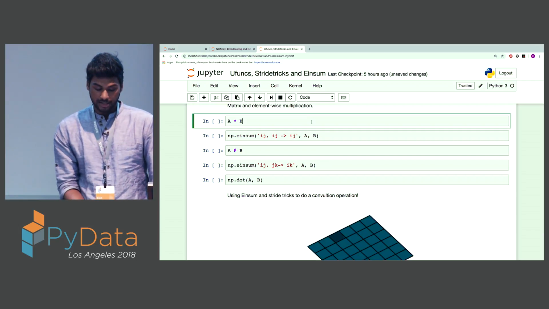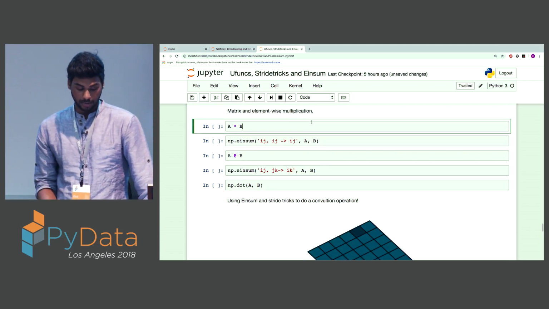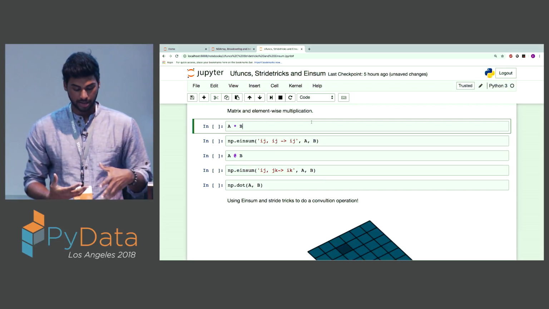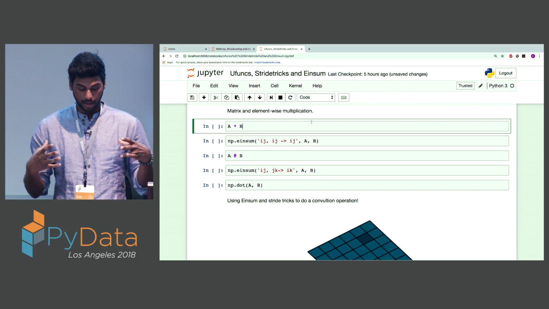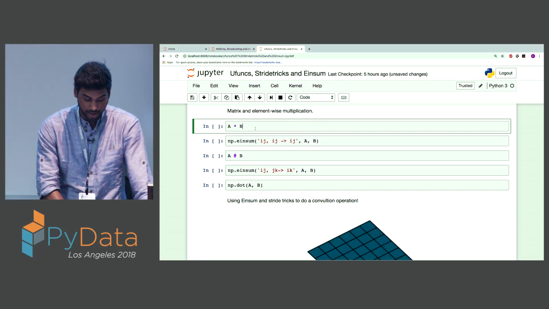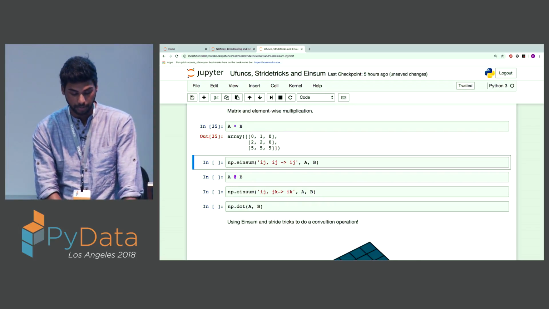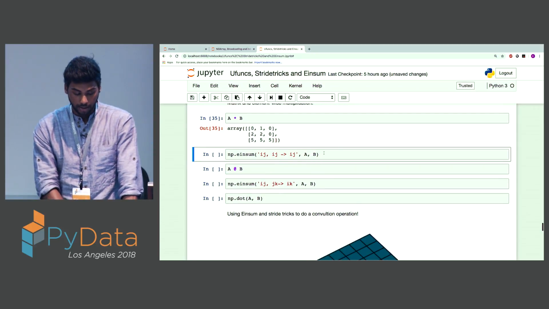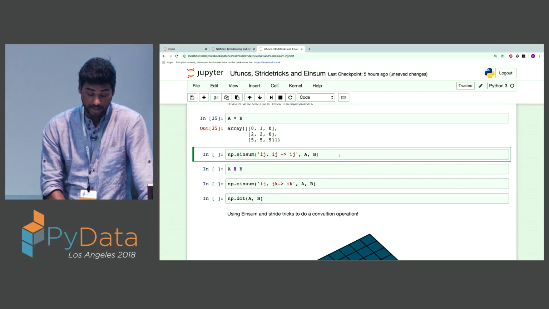So now here this is an example of using Einstein summation for matrix multiplication, and this is where you'll really understand the syntax in more detail. So here I have my 2 matrices A and B. This is the matrix multiplication of the 2. Now when I use Einstein summation